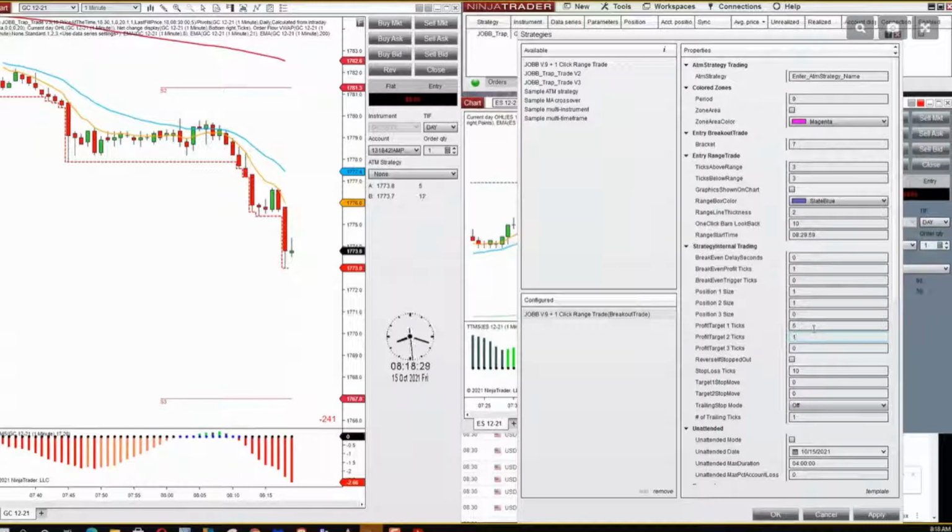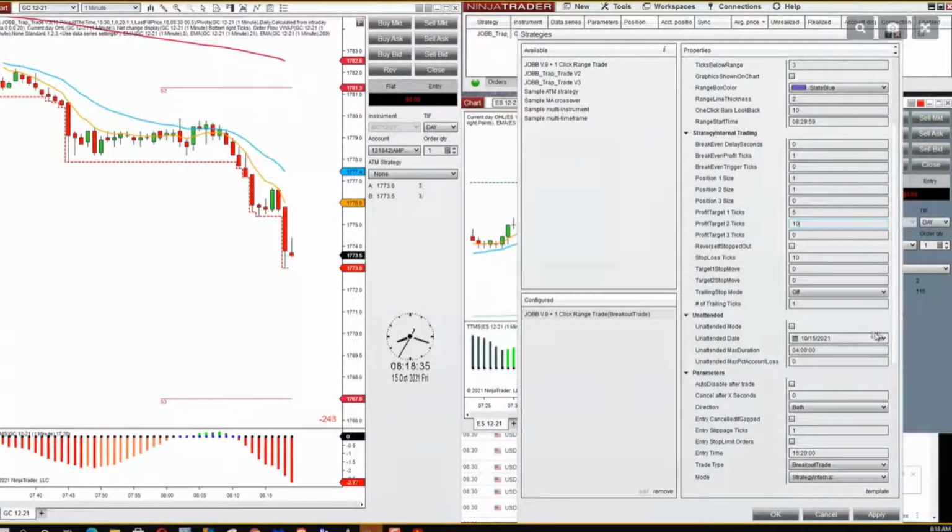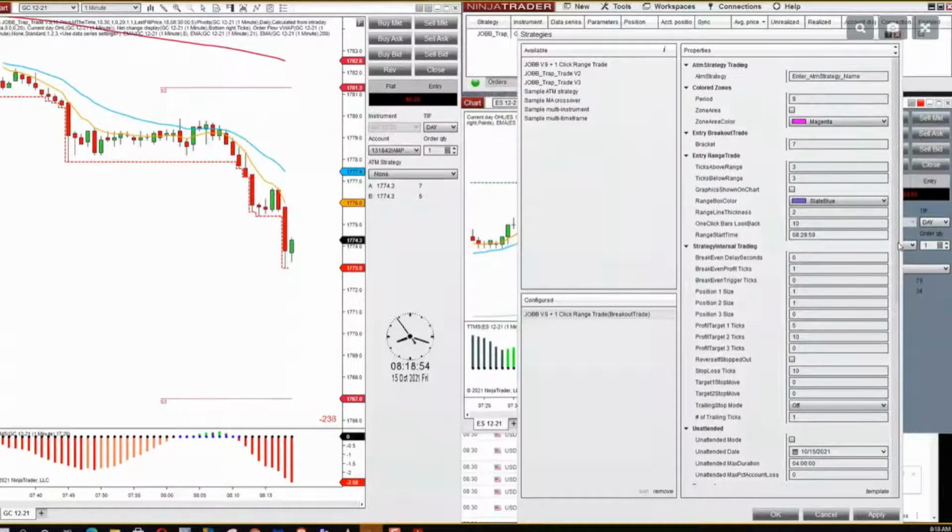And actually 5 ticks and 10 ticks is fine by me. 1 position each. And my entry time would be 8:29:59, and that's strictly a test because I've tested the ES on this report.